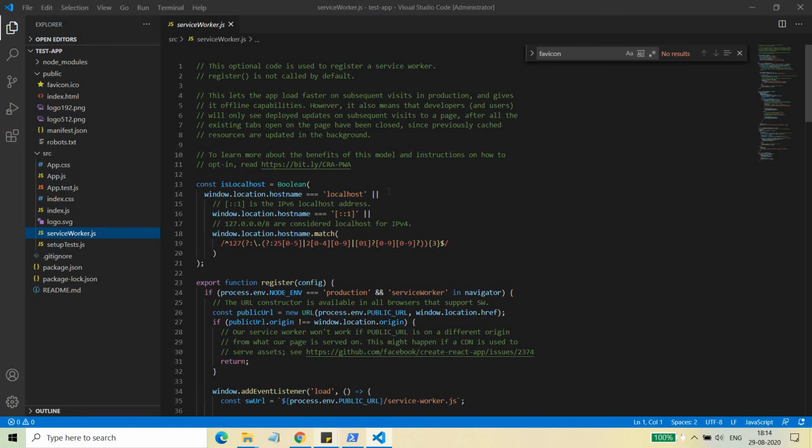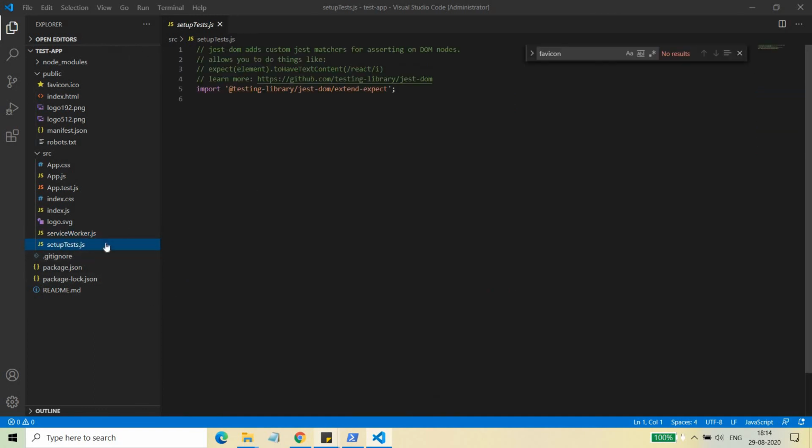Okay, so this was all about the folder and directory structure and the important instructions that I wanted to convey to you. And apart from that, setupTests.js is all about how you can test your applications using the testing libraries. All these things we will see in the coming videos. Once you learn how to create basic applications in React.js, then only will you be able to run these things as well, right? So we will cover a lot of things in React.js.